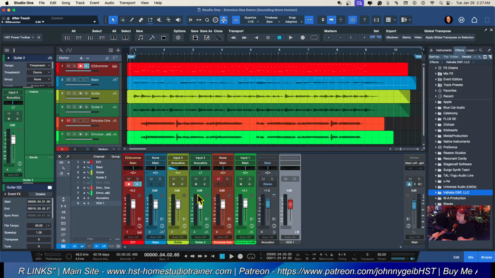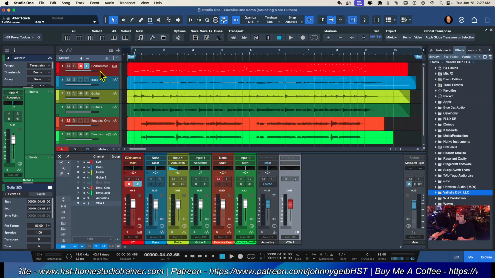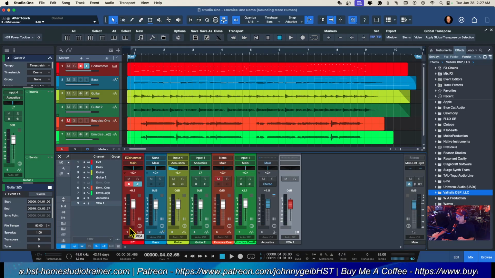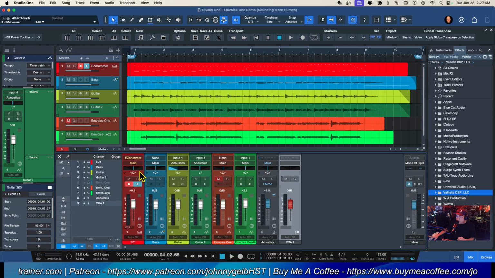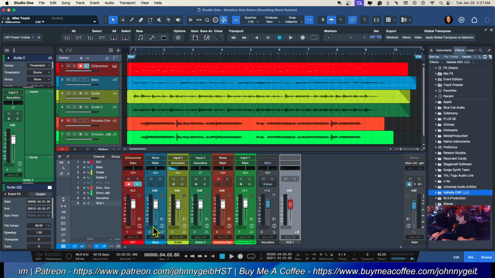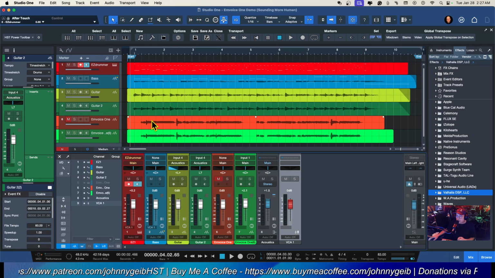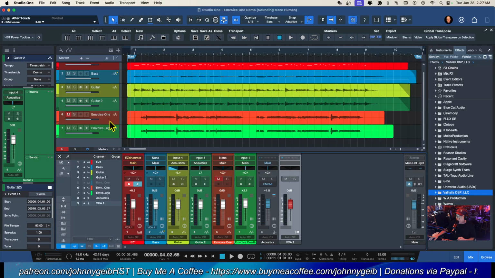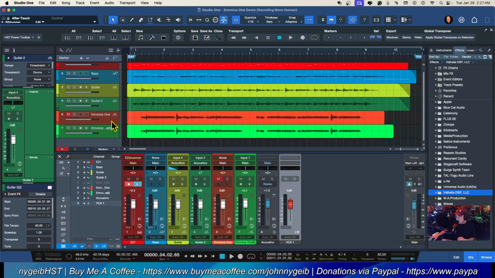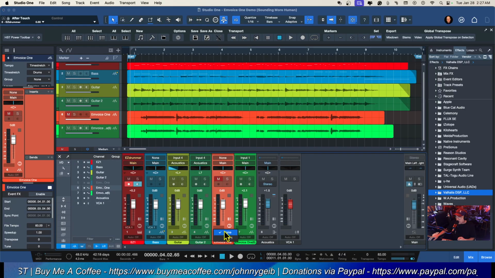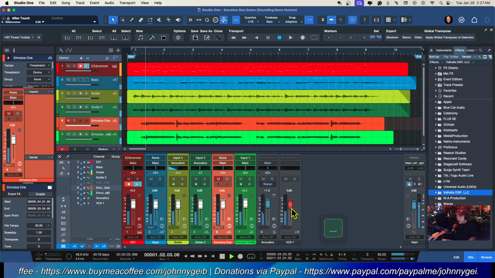All right, so what we want to do is link a couple of these. I want to fade out the drums, and I'm going to connect that to VCA1, and I want to fade out the bass. I'm going to connect that to VCA1, and I want to fade out this other vocal track here, voice 1. Just click on that, click on the box, and say VCA1. So now, when I